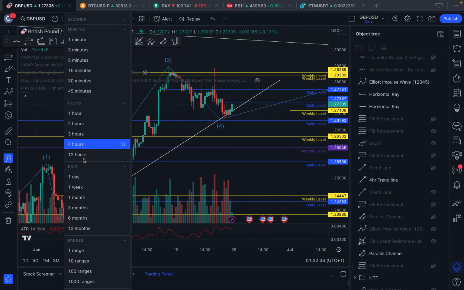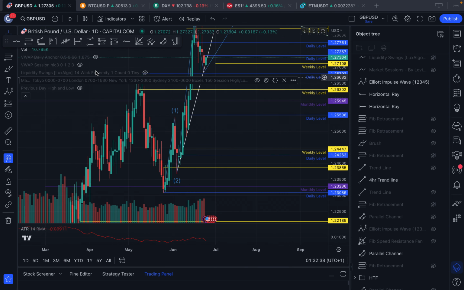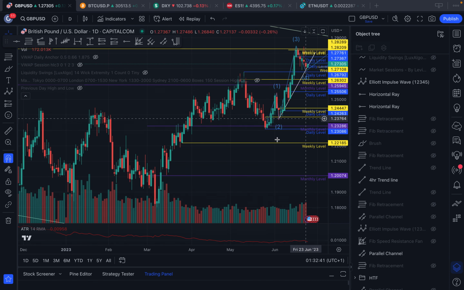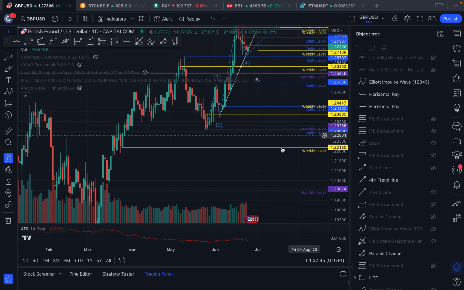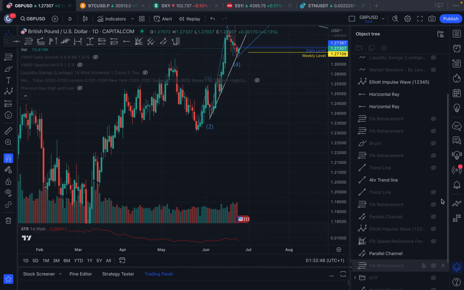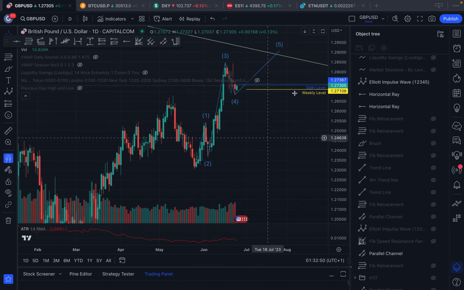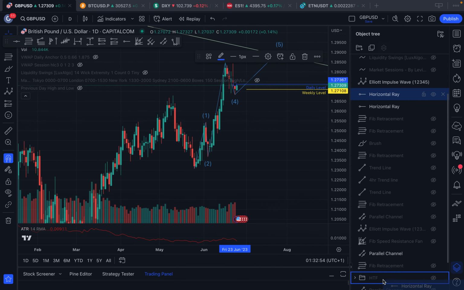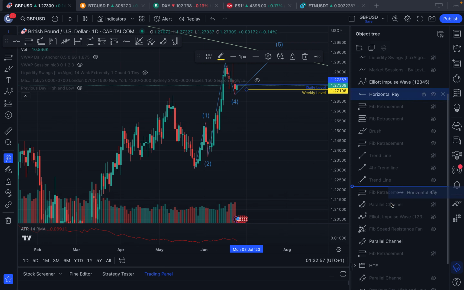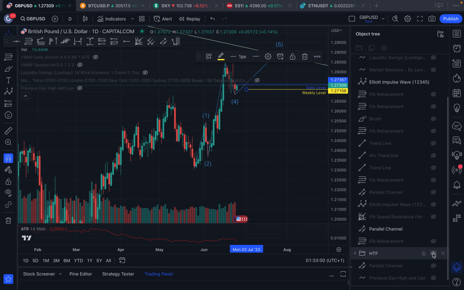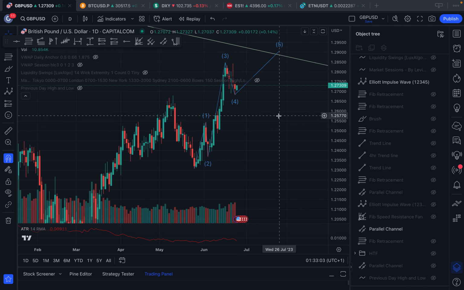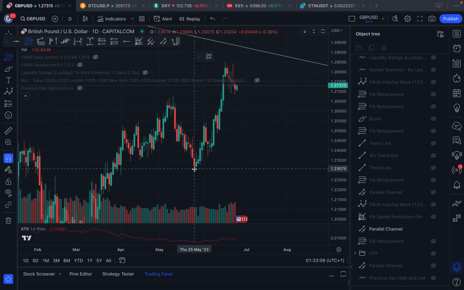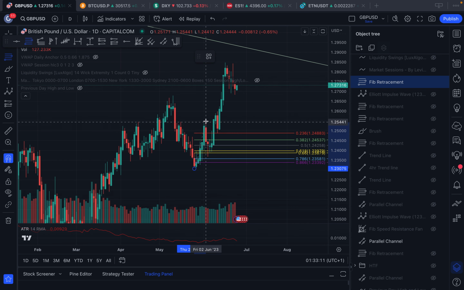The other thing I wanted to see was, you know how they say history tends to repeat itself, so let's do that. Let's hide these for a while to make it less confusing. Let's add these to the high time frame as well. The other thing I wanted to check was, if we do from wave 1 to wave 2, yeah, we came just below that, and then if we do that for